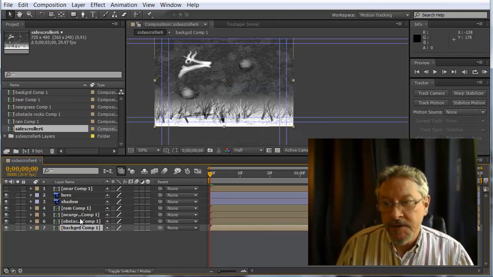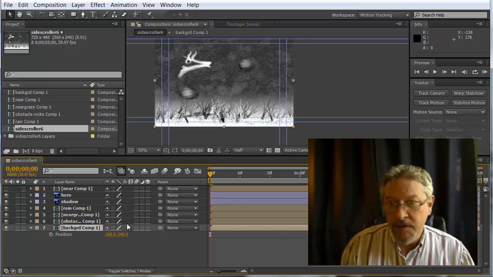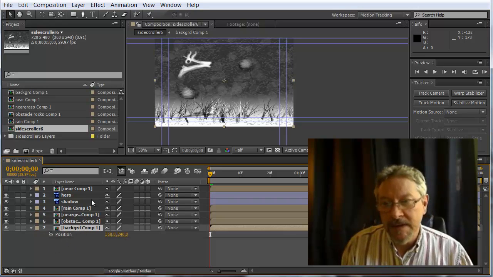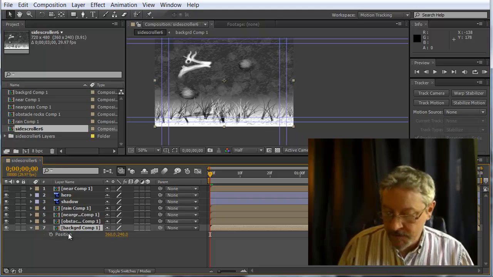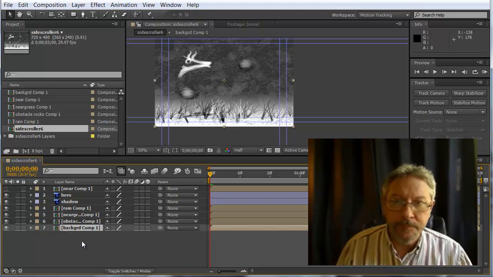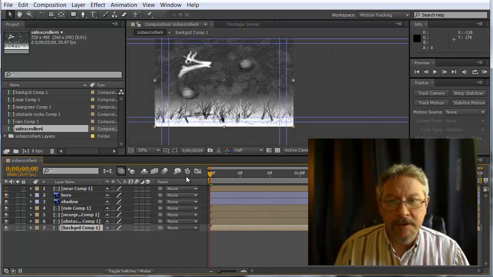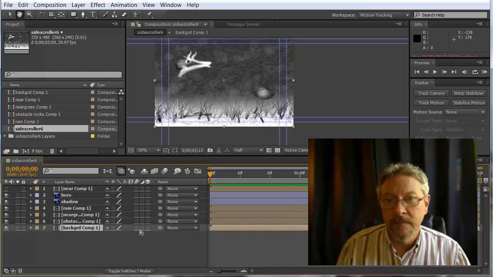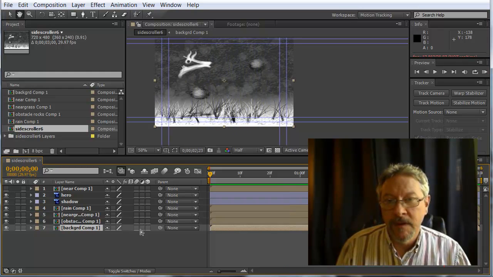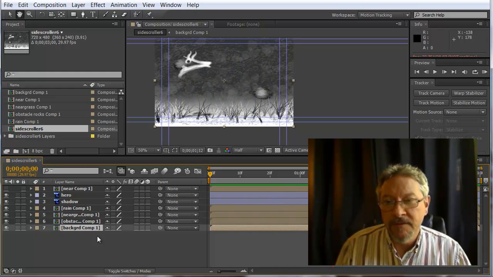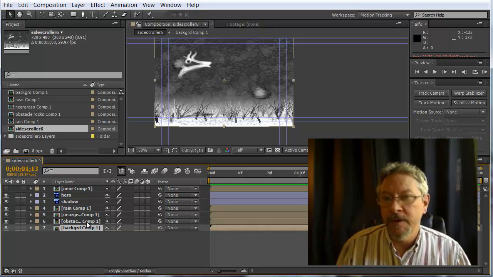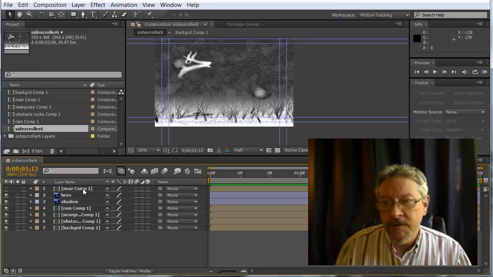So these layers here, if I look at the position, there's no position animation in this composition. It's all happening within these sub-compositions. And everything still works the way it did. But now that I have each of these layers looping the way I want, I can scale these to create the parallax. So if I start with the,